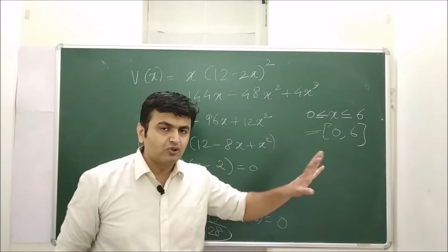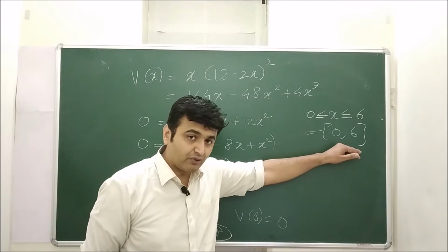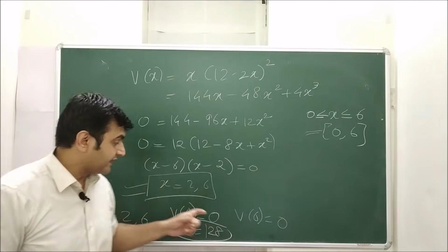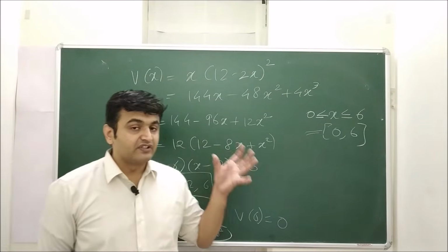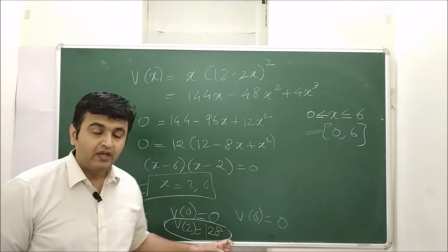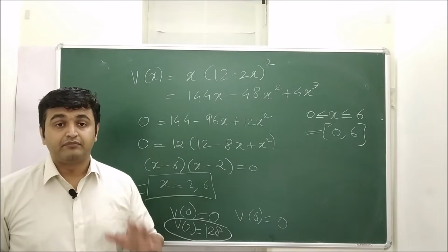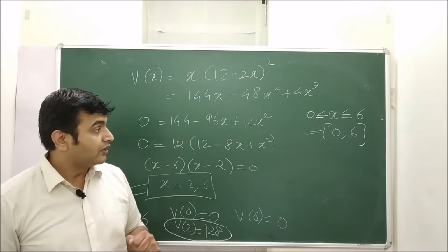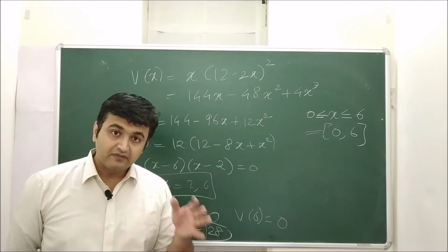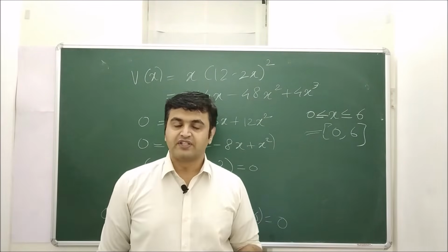So this is called the closed interval method. Why so? Because whenever you have a closed and bounded interval, you only check the value of the function at the endpoints and at the critical points. And if the question is to maximize, you see at which point you are getting the maximum value. If the question is to minimize, you look for the point where the function is taking the minimum value. Now what if the domain is not closed and bounded? In that scenario, we use the first derivative test. So let's see an example when the domain is not closed and bounded.